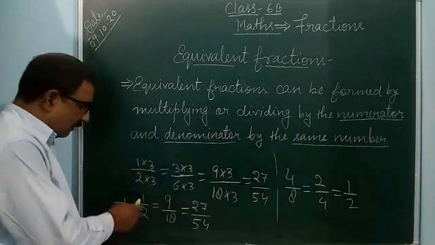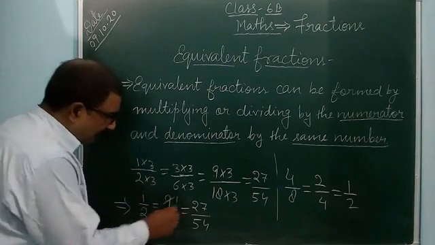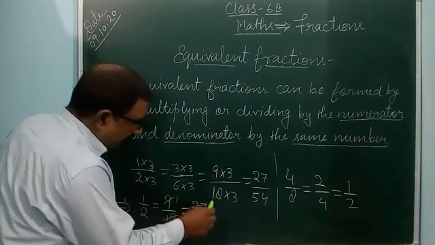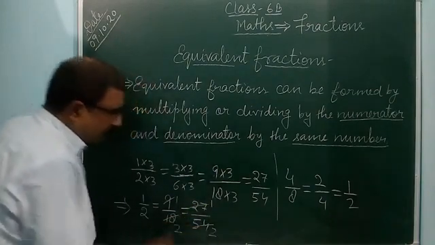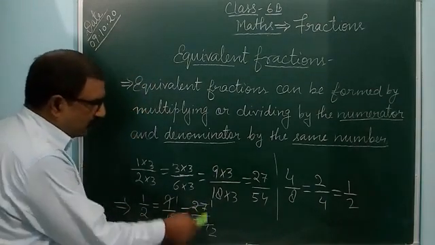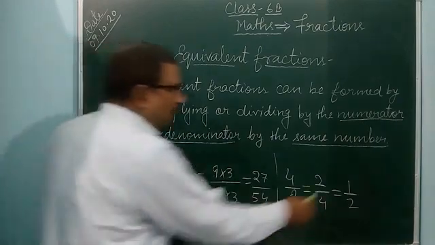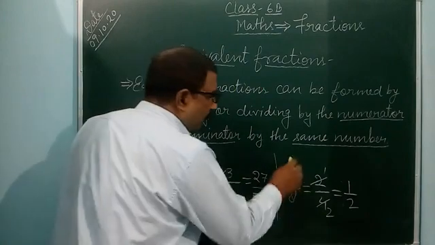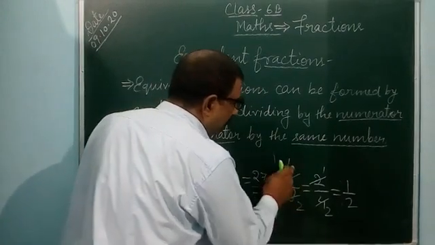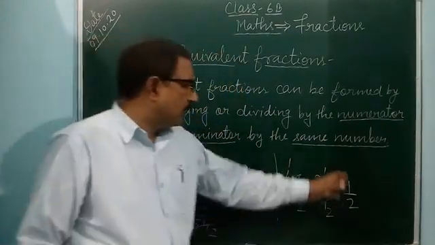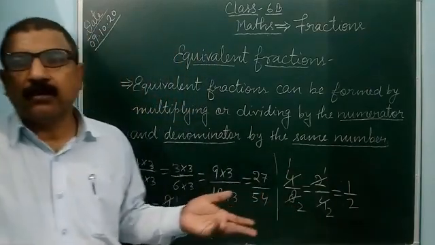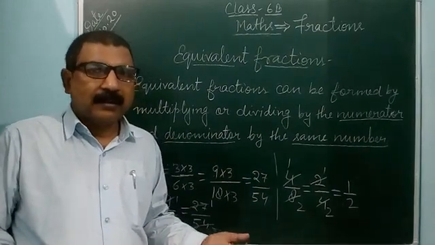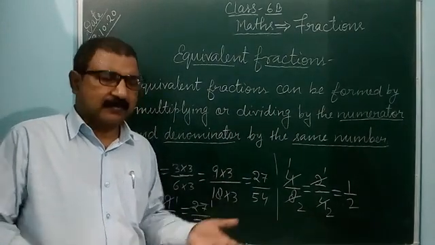You can see 1 by 2 is in the lowest term. 9 ones are 9, 9 twos are 18, 1 by 2. 27 ones are 27, 27 twos are 54. So 1 by 2, 1 by 2, 1 by 2. Like that also, 1 by 2, 2 ones are 2, 2 twos are 4. Again it is 1 by 2. 2 ones are 2, 4 twos are 8, it is also 1 by 2. All are equal. So in this way you can represent any fractions and you can get the equivalent of any fractions.